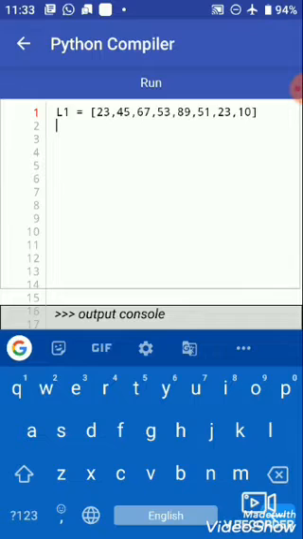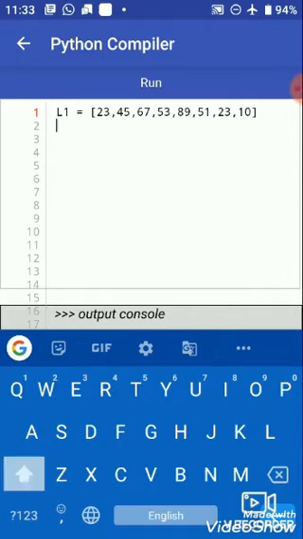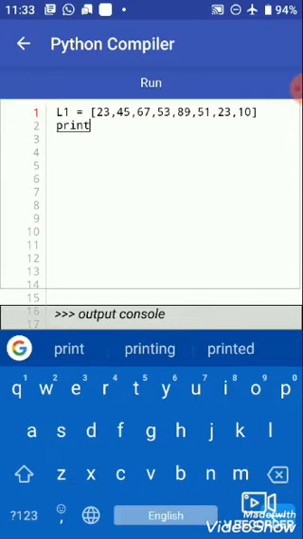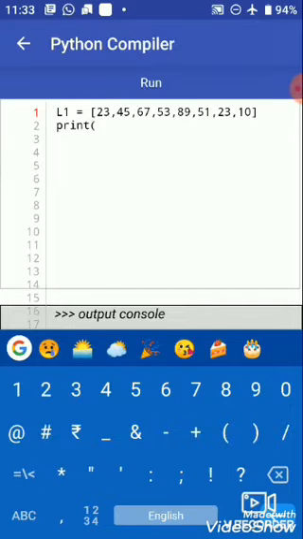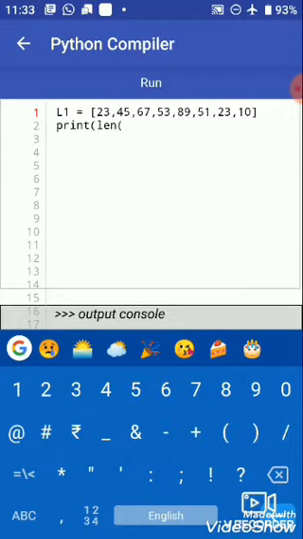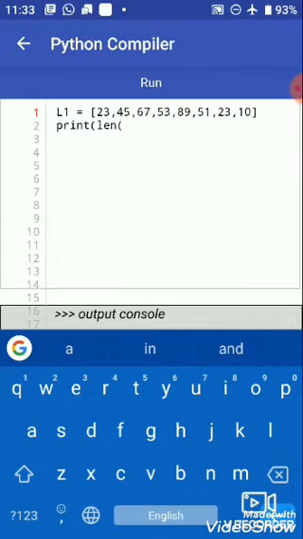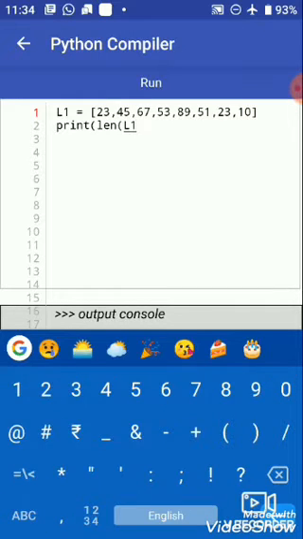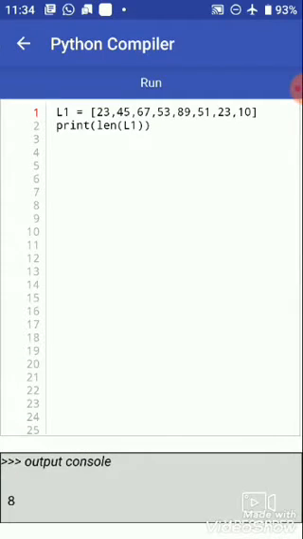So let's write the first print statement, then use parenthesis, then write the name of the function, that is len, and inside the len function parenthesis and the name of the list, that is L1, then close the parenthesis and run the program. And here we can see there are 8 members or 8 elements in our list L1.